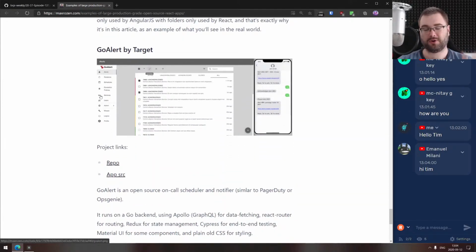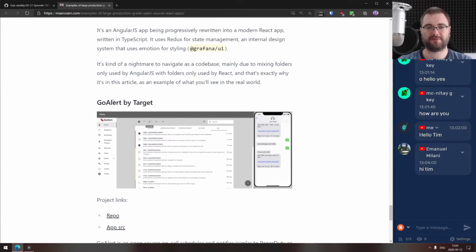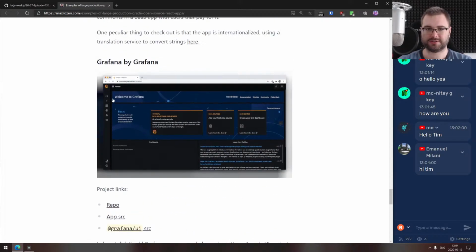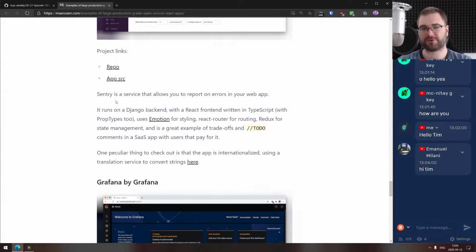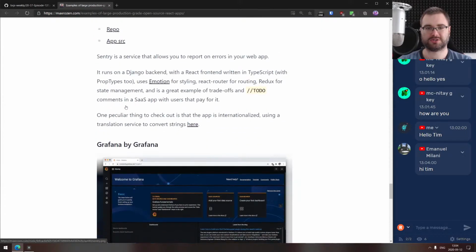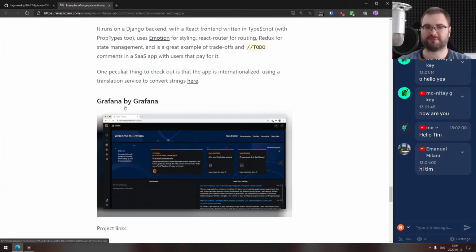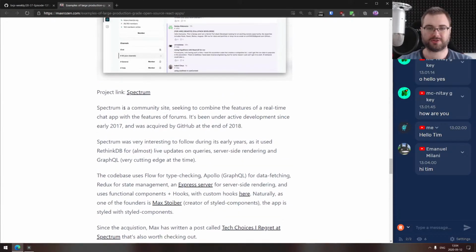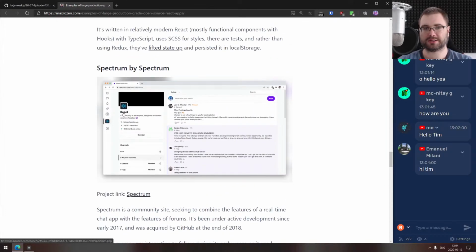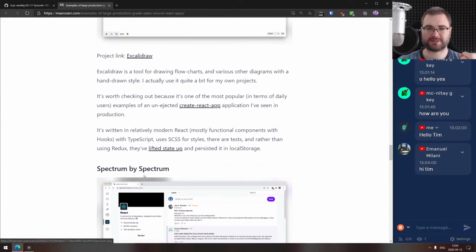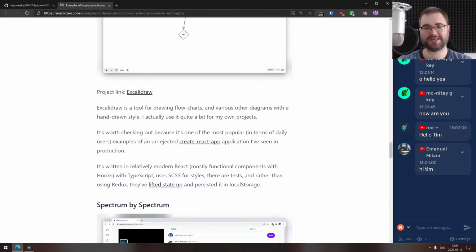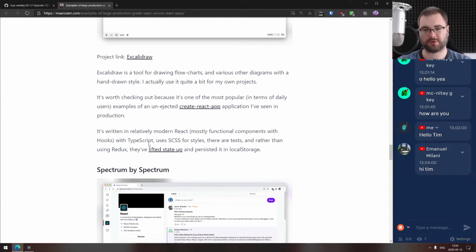Once you go into those, I haven't read all of them, I'll be honest, but I did go through the source code of some of those, because either I was working with them, stuff like Grafana, for example, or I was curious as to how they were built, like Spectrum, for example. And it's really interesting because once the app grows beyond a certain point, as soon as you go into